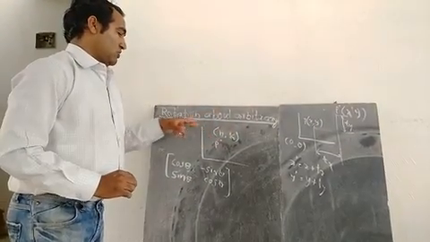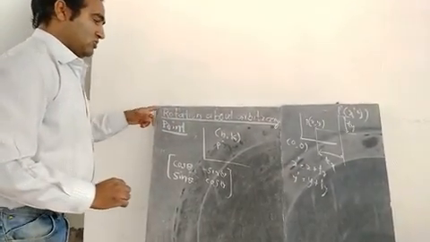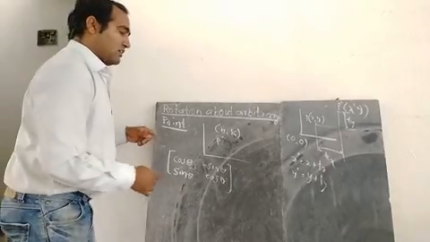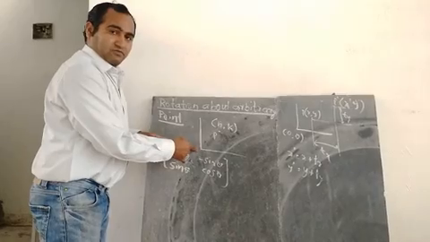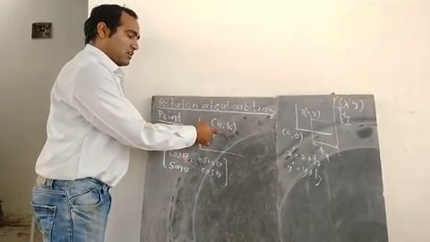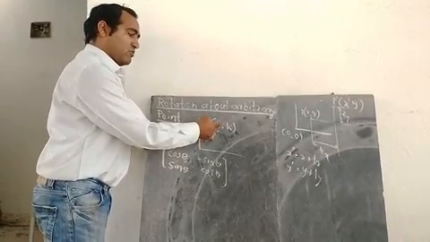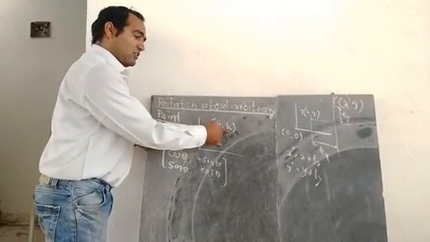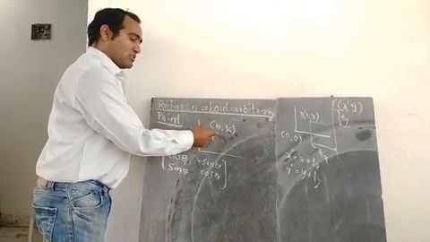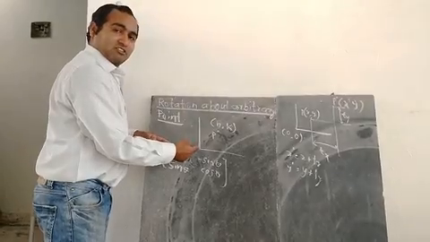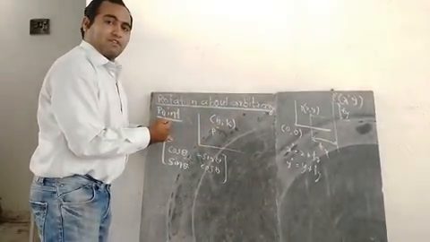If I want to perform the rotation operation about any arbitrary point, then the procedure is: first I need to bring this arbitrary point to the origin. How can I bring it? I can translate this point. Here it is h. If I do minus h, then it will be 0. Here it is k. If I do minus k, it will be 0. So the translation parameter in the x-axis is minus h and the translation parameter in the y-axis will be minus k.